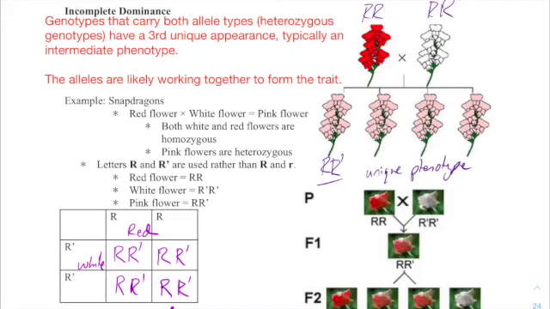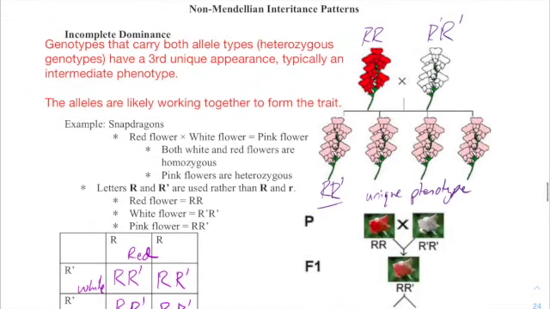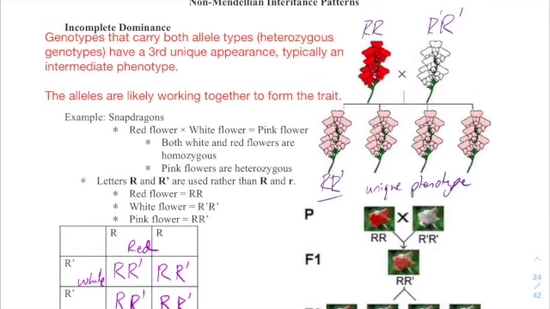All right, so yesterday we discussed the incomplete dominance pattern. This is where there are two alleles, and when they work together, they form a new, unique phenotype. In this case, the pink phenotype. It's because when the two alleles are in combination, there's some sort of interaction, some method or mechanism by which these two different versions of a gene can function together